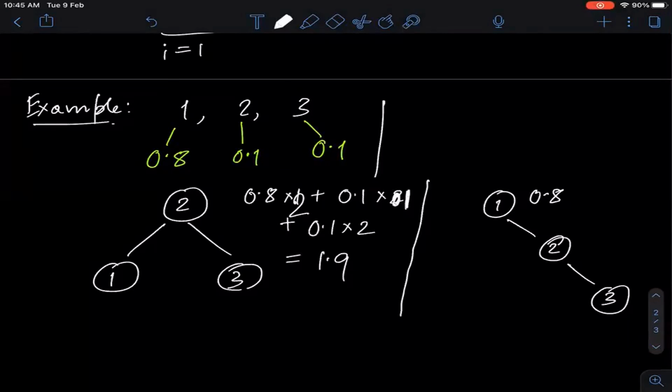So what will be the answer in this particular tree? Well, in this particular tree, the answer is going to be 0.8 times 2. Why? Because this has a probability of access of 0.8 and it has a depth of 2. So you do 0.8 times 2. This one has a depth of 1, and its probability is 0.1, so I multiply 0.1 by 1. And this one, node 3, has a depth of 2, with a probability of 0.1. So that's why it adds up to 1.9. Okay, so this was an answer to Rishi's question of why this is 1.9.